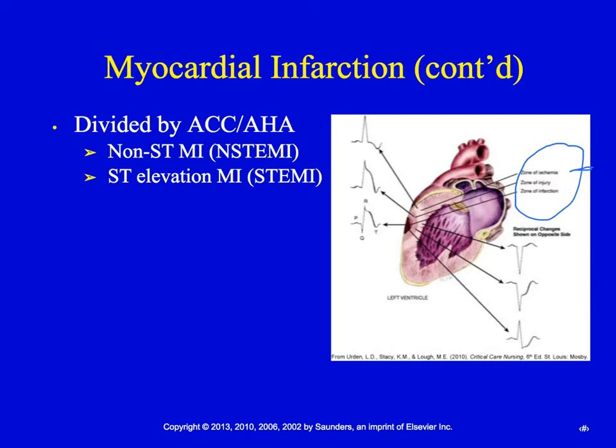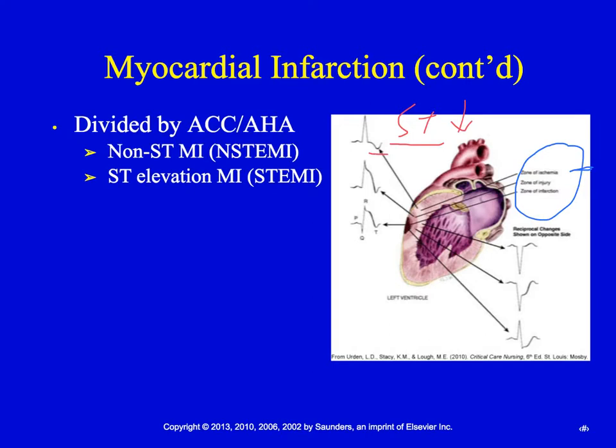So it's a lack of oxygen because of some blocked area where it's just beginning. So what we'll see on an EKG is some ST depression at first. As you can see here, the ST segment is pointed down. And then as the area of injury